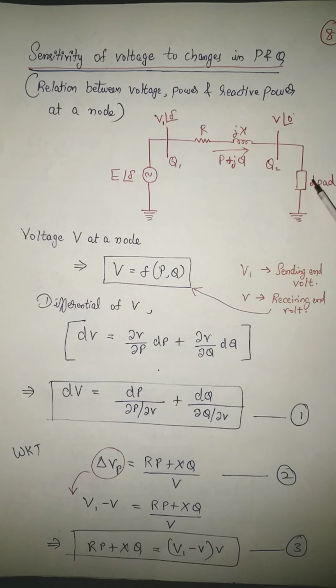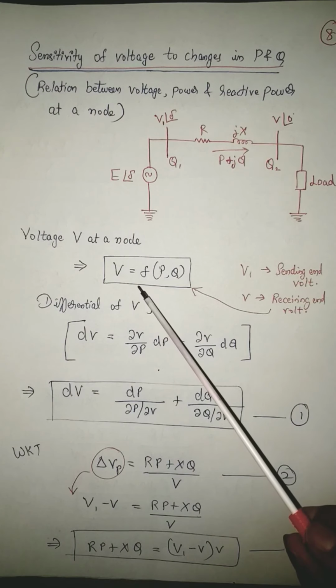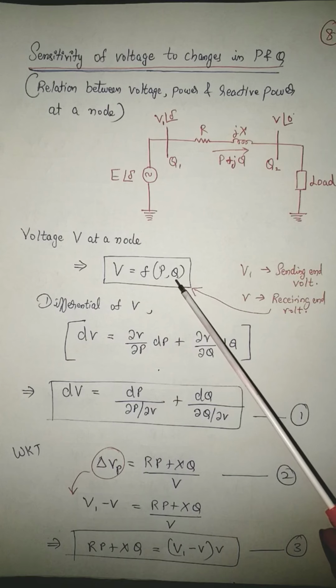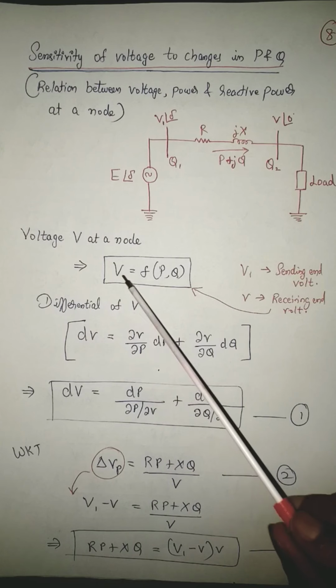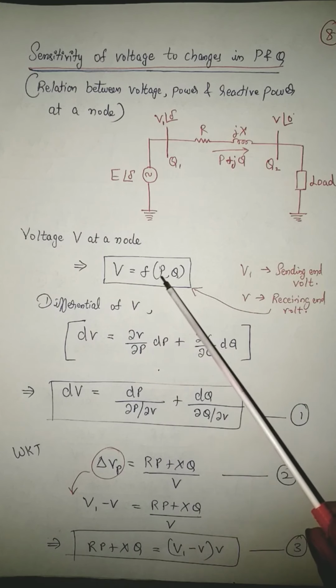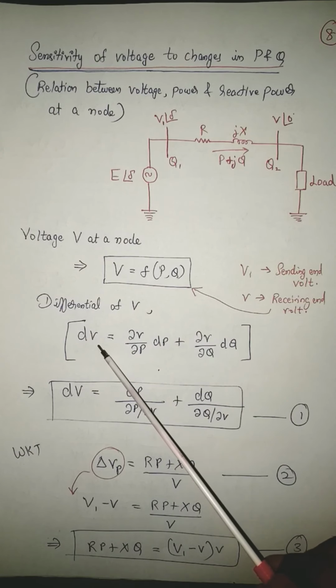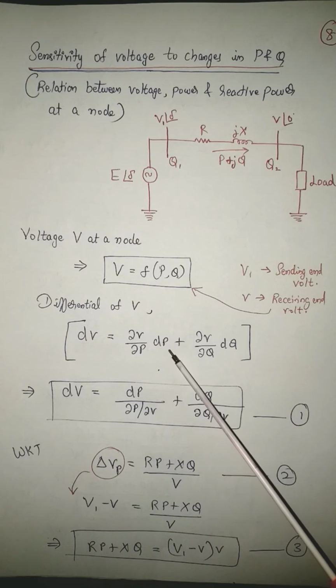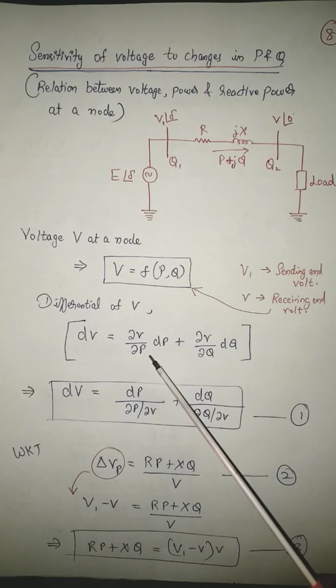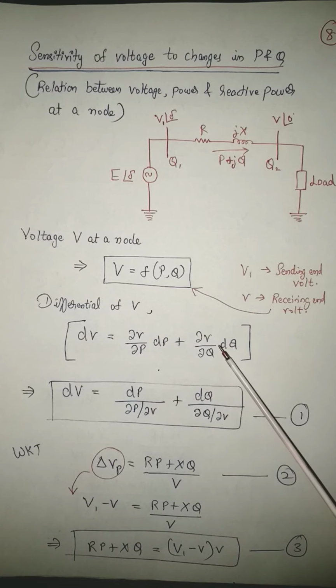And you very well know that reactive power drawn by the load will affect the voltage. So we can say this voltage is always dependent on both active and reactive power being drawn by the load. So I call it V as a function of both P and Q. Now let us consider the differential of V. We'll take the derivative of this V. Since it involves two dependent variables P and Q, we'll have to go for partial derivative. So dV will be equal to dou V by dou P into dP, that is the partial derivative of V with respect to P times dP, plus the partial derivative of V with respect to Q times dQ.